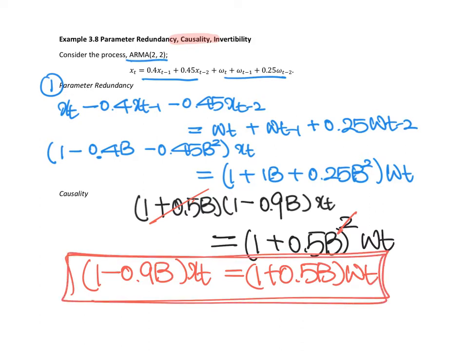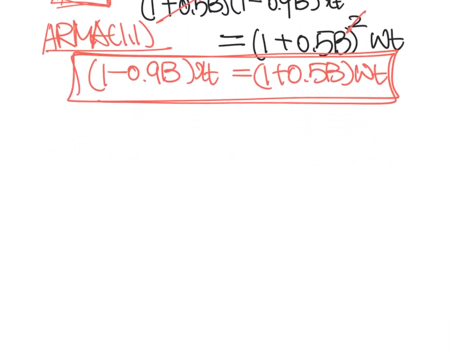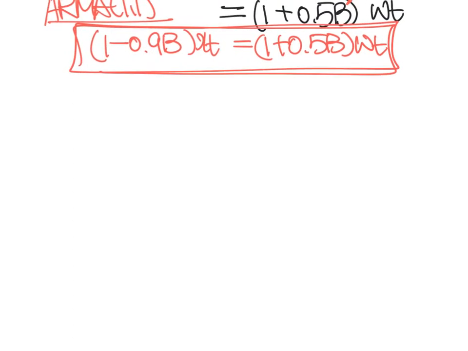So now we have an ARMA(1,1) model. So based on the ARMA(1,1), we are going to check the causal. So let me go up here. Okay. So let me remind you what was the definition of the 3.7. The definition, the 3.7 is when we write the model xt as a summation, the infinite summation of the